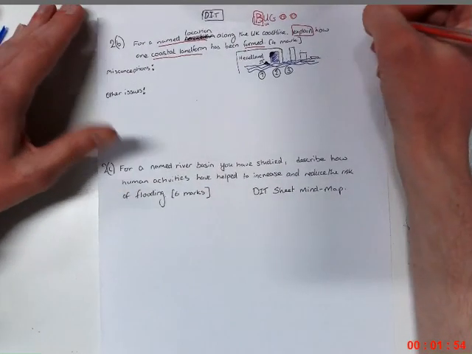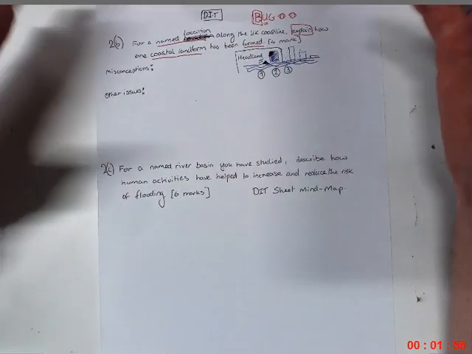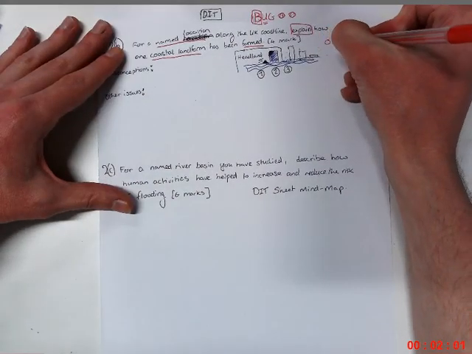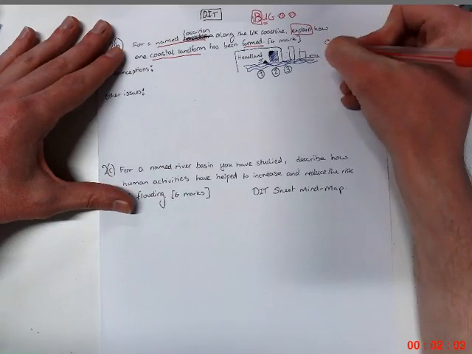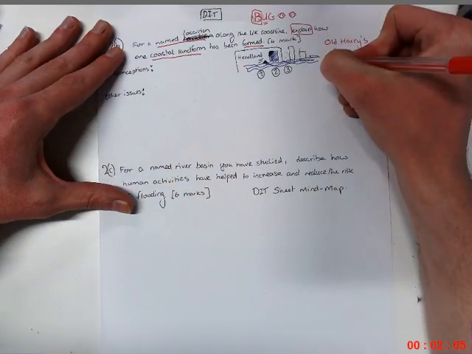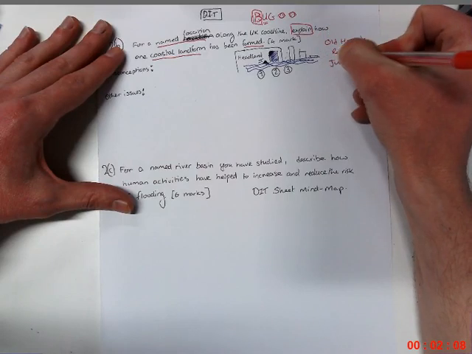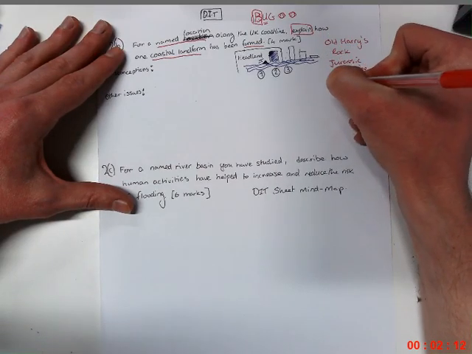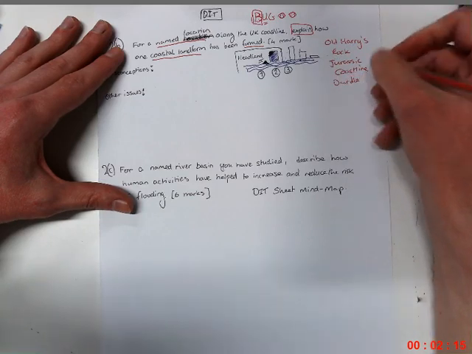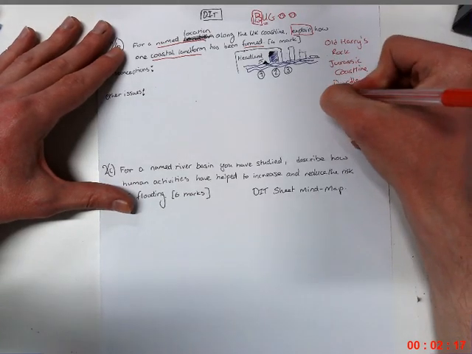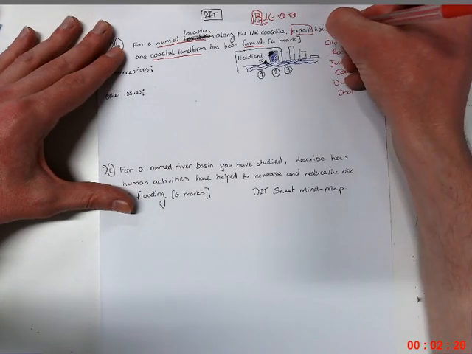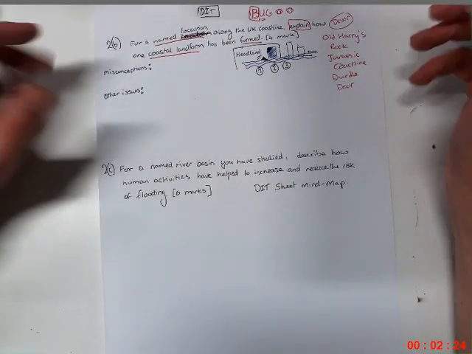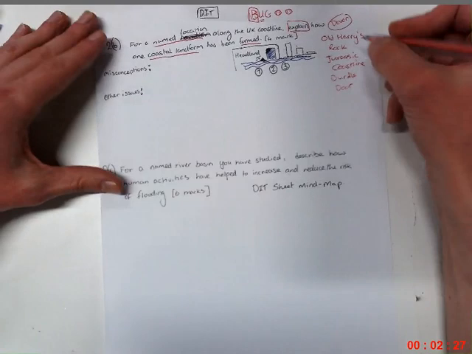and you have to talk about the formation. So the coastal landform that we're going to look at is going to be Old Harry's Rock, which is along the Jurassic coastline. You could also mention Durdle Door, and those are 2 really, really good options for you. They're both along the Jurassic coastline. You could also mention Devon. You could mention the south of the UK along the Jurassic coastline